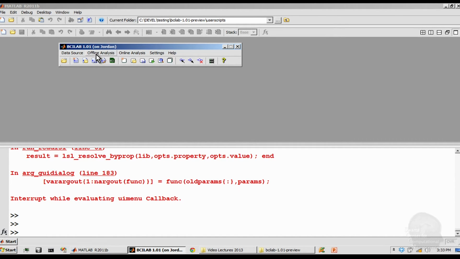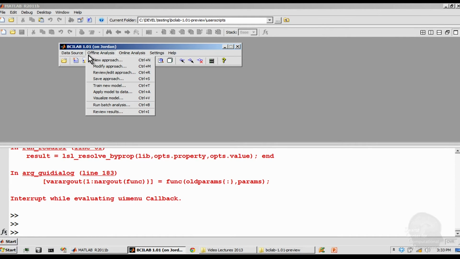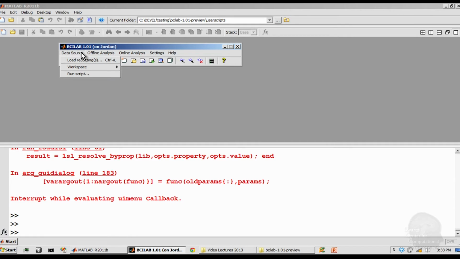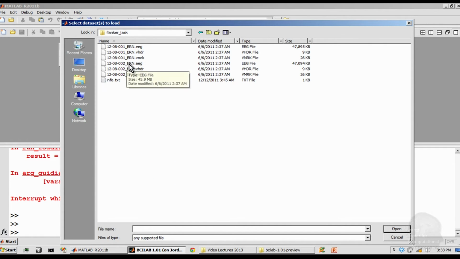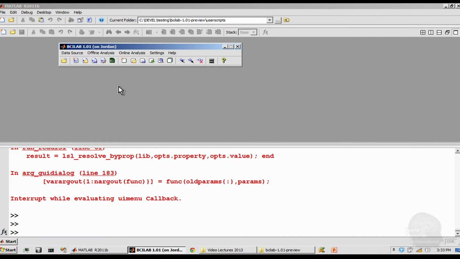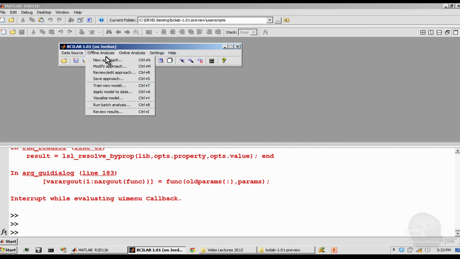But what's basically the next step is if you want to really go beyond the built-in methods that come with this toolbox, when you want to customize methods heavily, or perhaps create your own. And we'll start with the heavy customization. What I'll do is I'll go back and load the old recording again. And I'll edit my approach. So actually, I might even start over, but I'm not going to start over. I'm going to take the approach that I have and